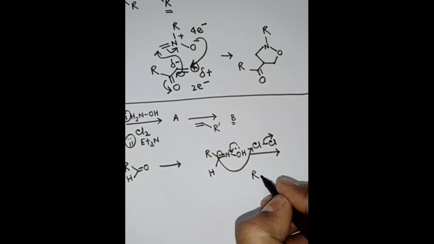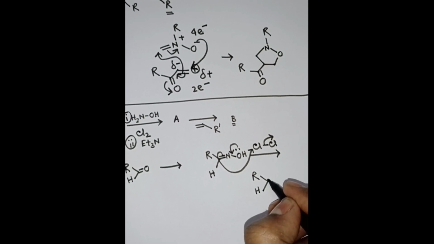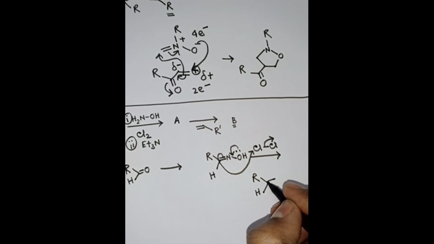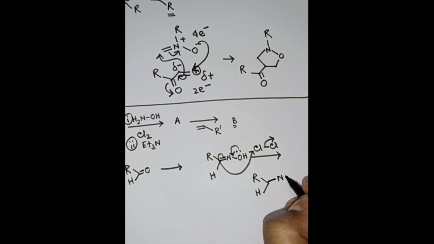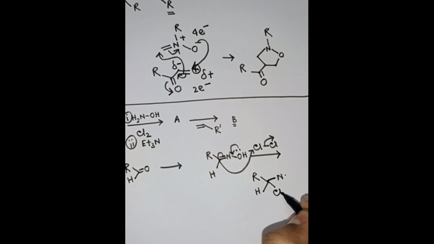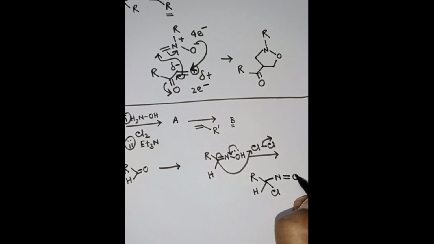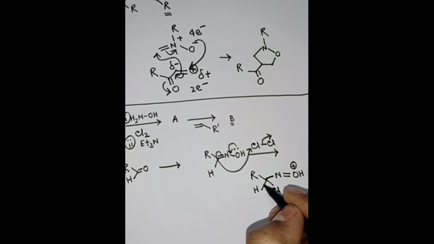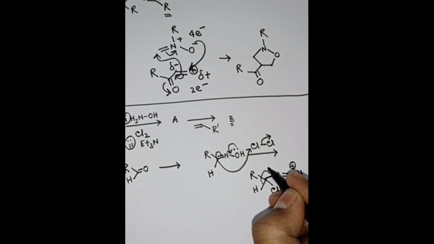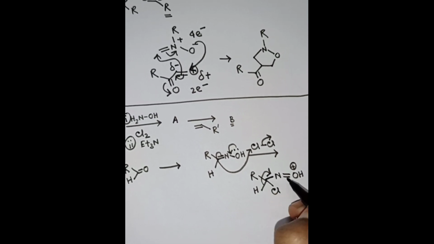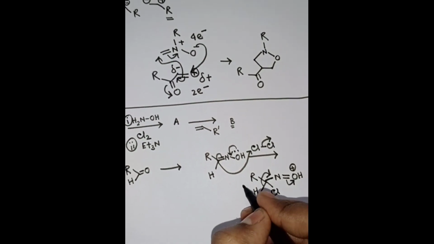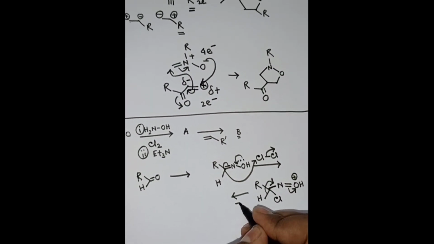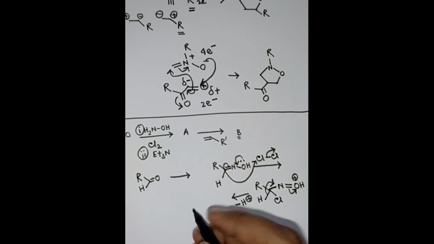We will get this one. Okay, then what will happen? This bond will be shifted here, and this oxygen will be neutralized. So one proton will go out. We will get